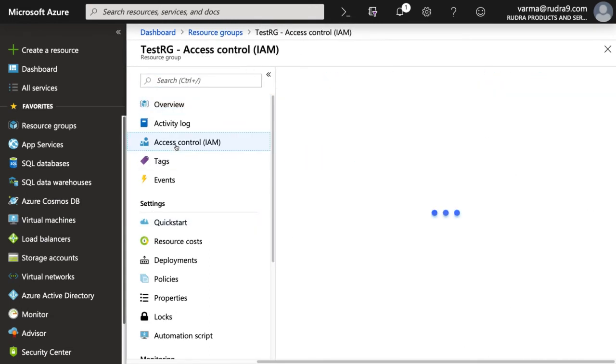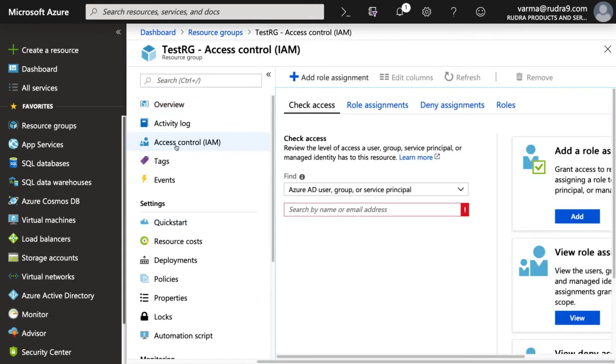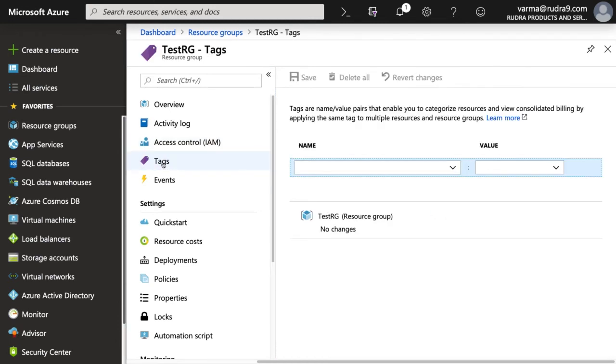And access control. In case if you want to delegate the access to this resource group to somebody else, then you can assign a contributor role or owner role to this resource group to somebody. And the details of this role-based access control, I'm going to discuss in the security section of the course. And tags, you can assign a tag to any resource in Azure. Basically, you use tags in order to classify them into, like, let's say dev, test, prod, pre-prod, like that, or you can include the cost center details into these tags.